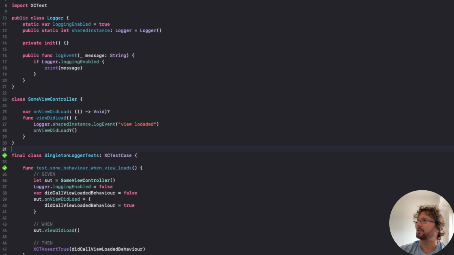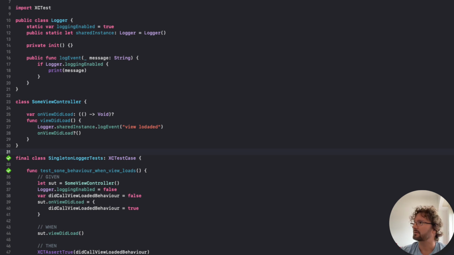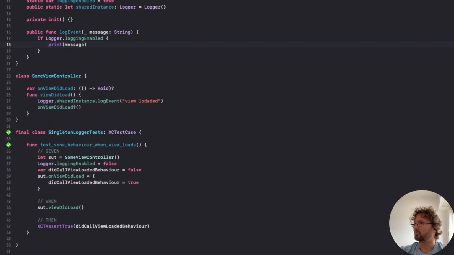But look at this, I had to change my logger implementation, my production code, just to satisfy my test. Also, I made my code more complicated. Now I have a conditional. This brings confusion. Let's say I forgot to set the loggingEnabled variable to true, and now suddenly I may see that I stopped logging events. So as you can see, this can bring me to unexpected bugs. Also, my test became more complicated. Now I will be setting to false the logger's loggingEnabled variable in every test that tests a class that